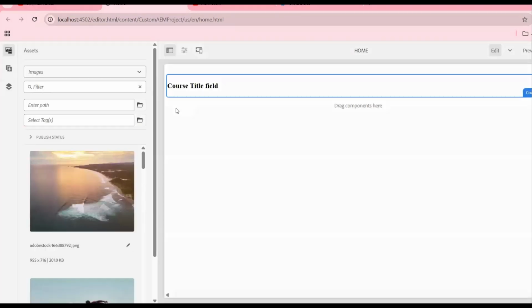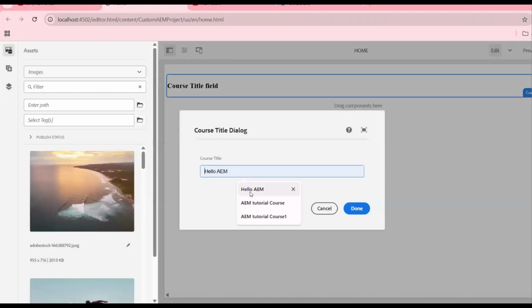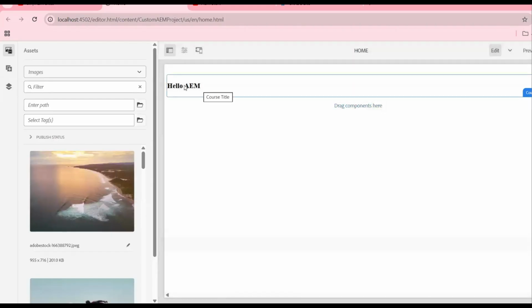And after this, if you add any actual content, suppose I add "hello AEM" once again, we'll get the actual content. This is basically the use case of a default annotation. Generally, if you don't have any component or field added in the dialog and you just want to display some default values, in this case we'll use the default annotation. Let me go to the slide and discuss the named annotation, and after that